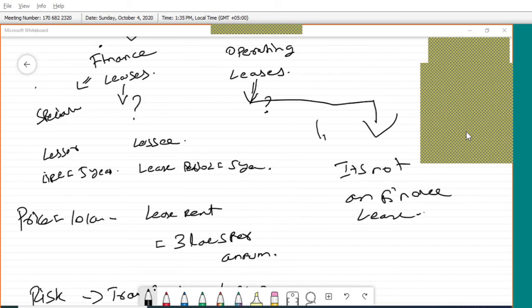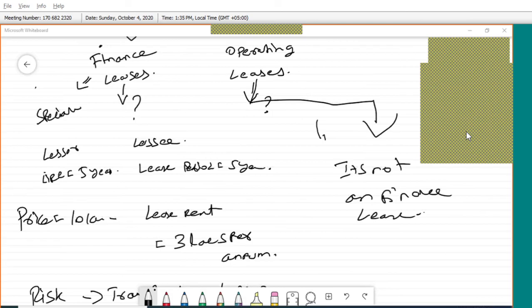And the third point, the lease term covers the major part of the life of the asset. As I said, the life of the asset is 5 years. The lease agreement is also 5 years. Not exactly 5 years. 4 years is also okay, because the major portion is covered. 80% of the life of the asset is covered. Okay, that's what they are saying. So after 5 years, no one can use that asset because already it is depreciated.